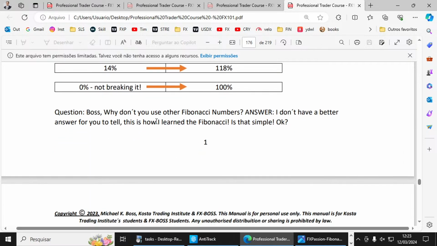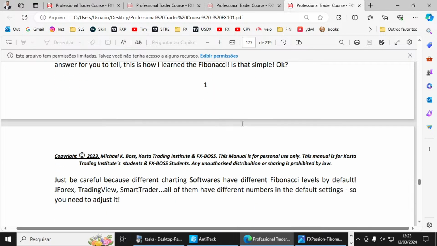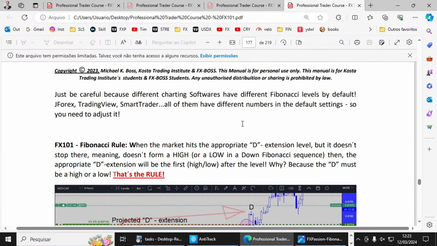Question, boss, why don't you use other Fibonacci numbers? Answer, I don't have a better answer for you. This is how I learned Fibonacci, right? Why don't you have 2.7 and,